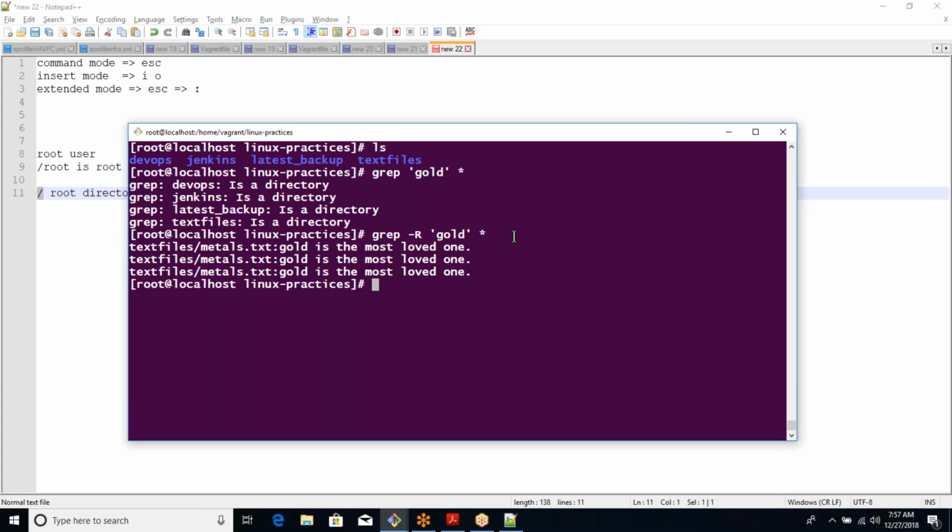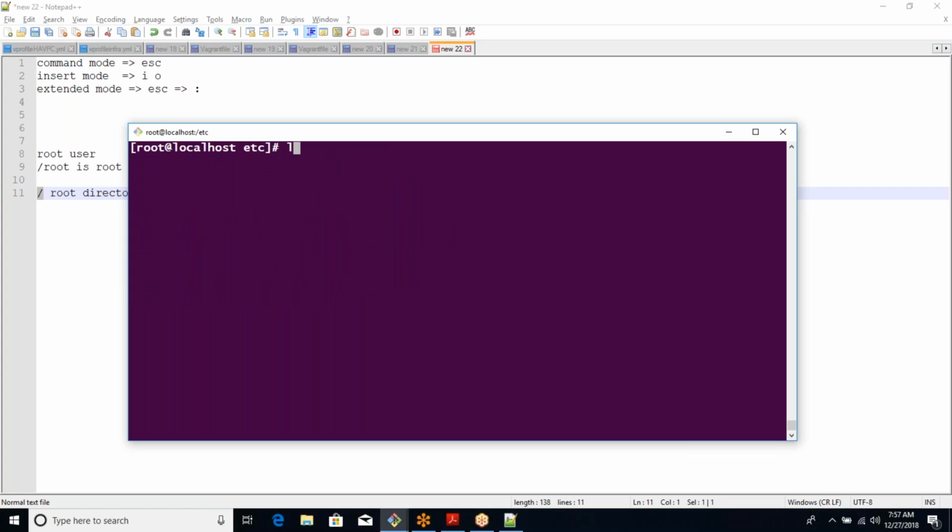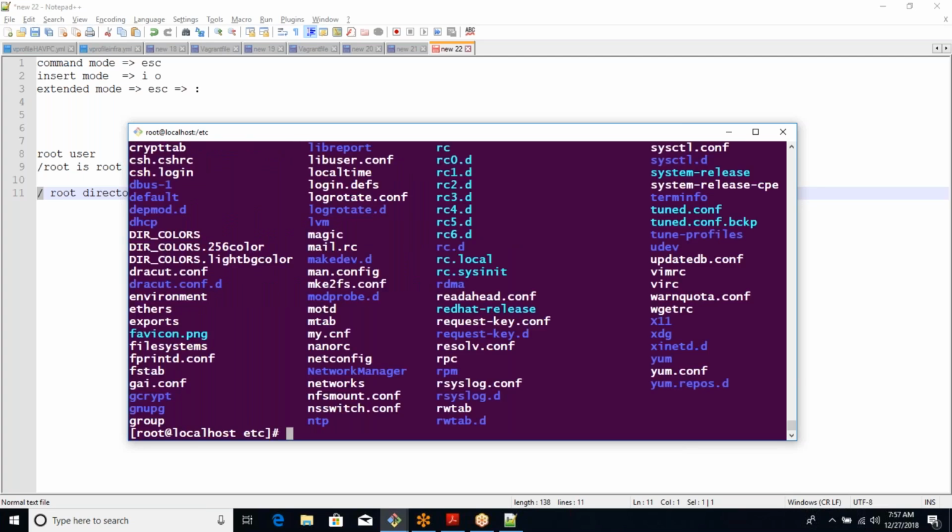I told you should be aware about the directory path and all. You are looking for a configuration change, but you really don't know where it is. It happens. There are so many files. We are in the etc directory. You see there are that many configuration files and directories, and plus there will be more when we set up the services and all. It's very easy for us to forget. Sometimes the names will help you, like HTTPD service, MySQL service, but sometimes for system configuration, you don't know where these settings are. At such places you can do grep,